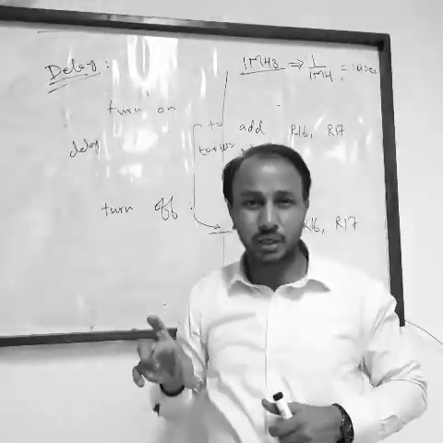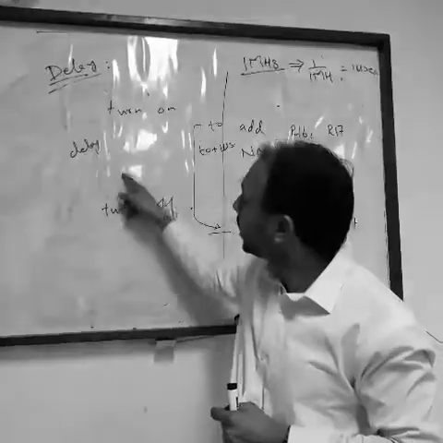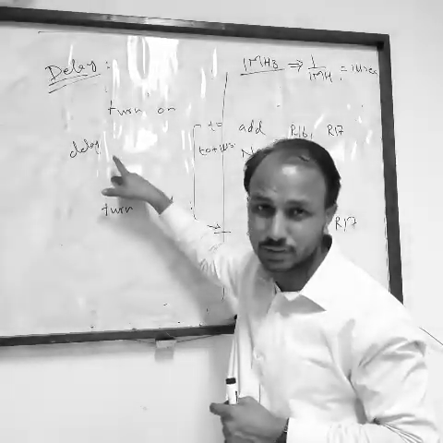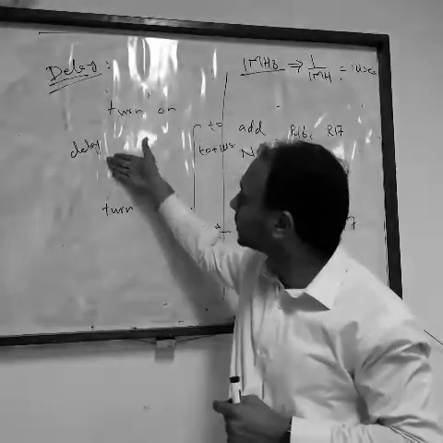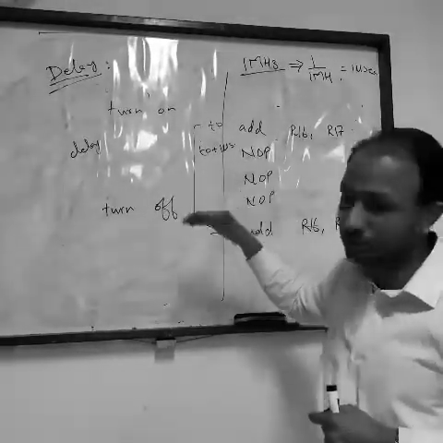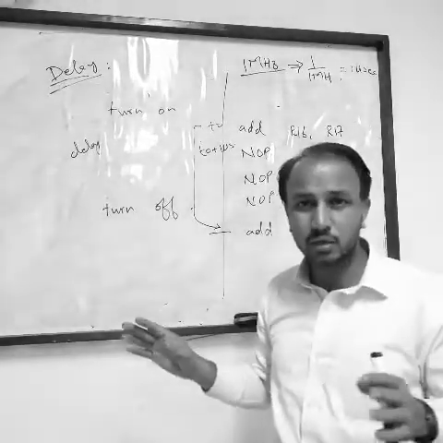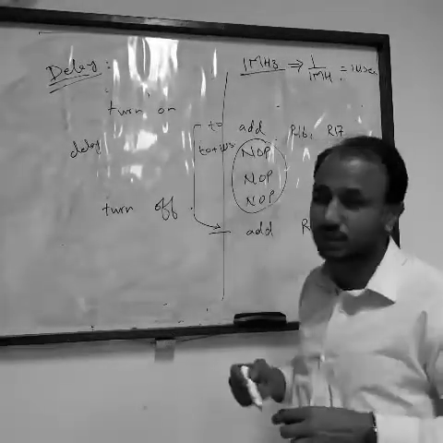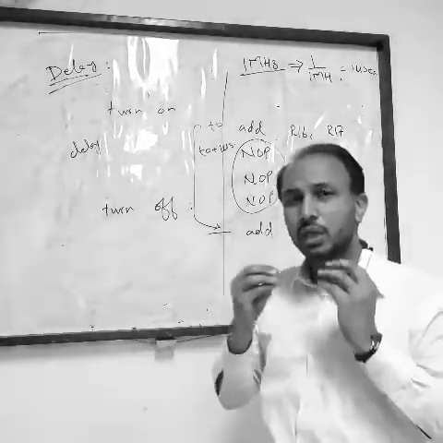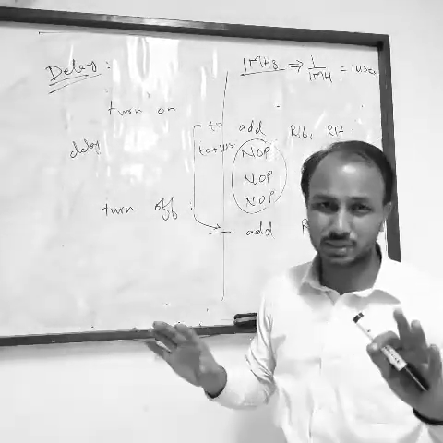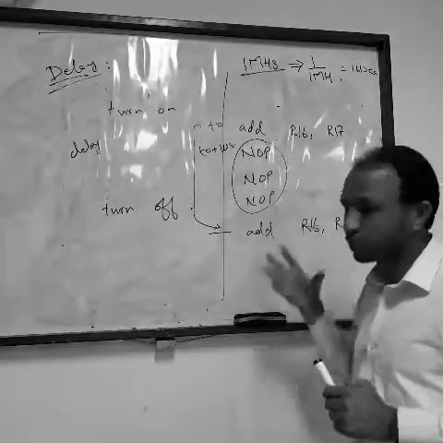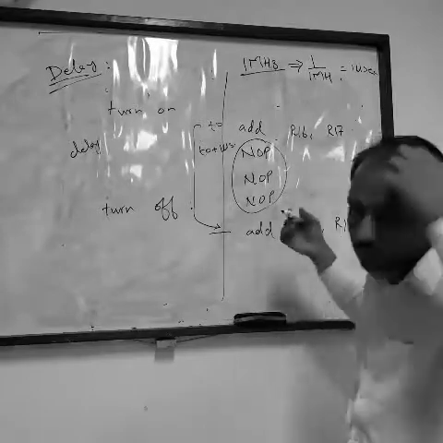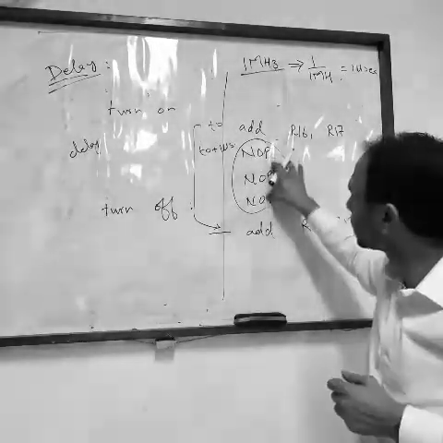Delay is the time period used between two instructions or two processes, and it can be created by keeping the processor busy in any task that can be useful or not useful. Here I am keeping the processor busy in a useless task, where the processor is not doing anything. Otherwise, you could also do some good work here. For example, you could do some other relevant or needed work, but for the moment here, no operation.